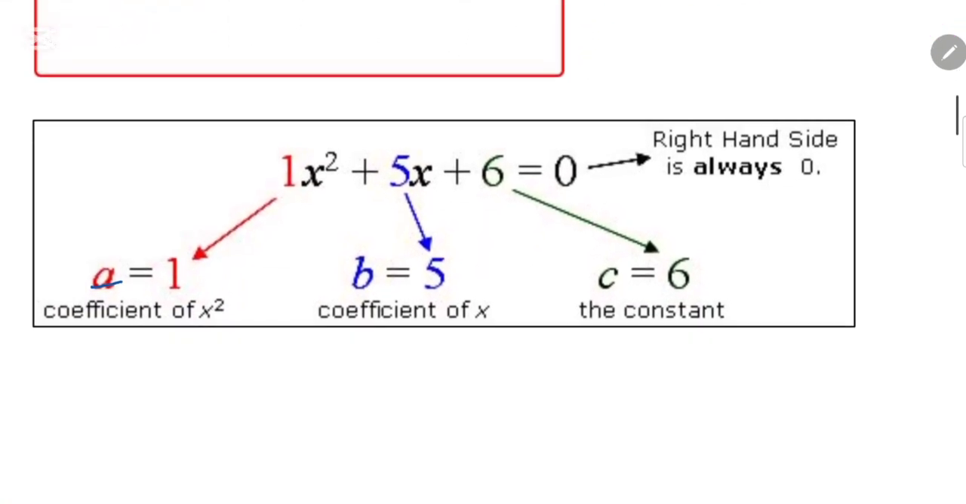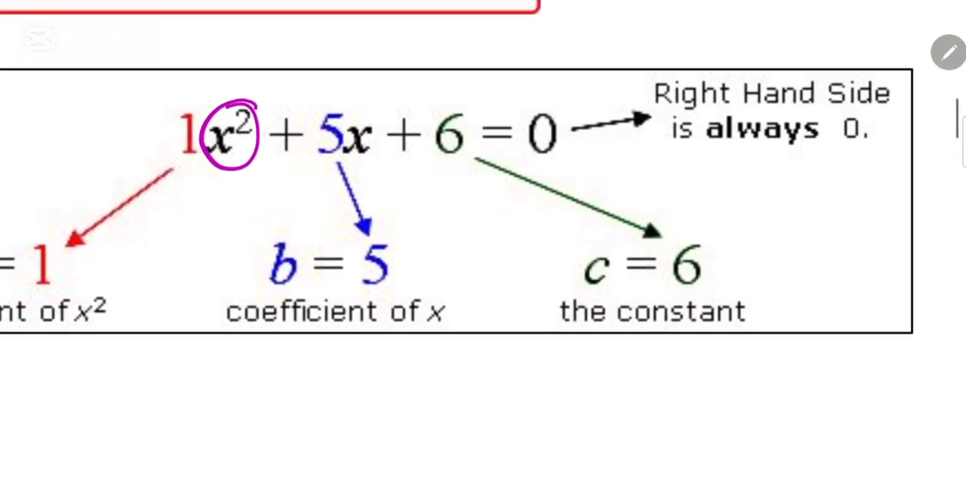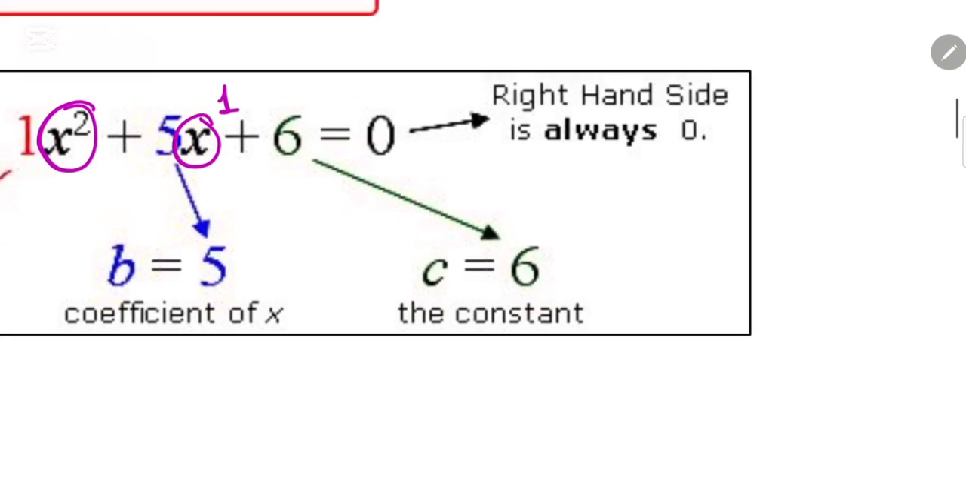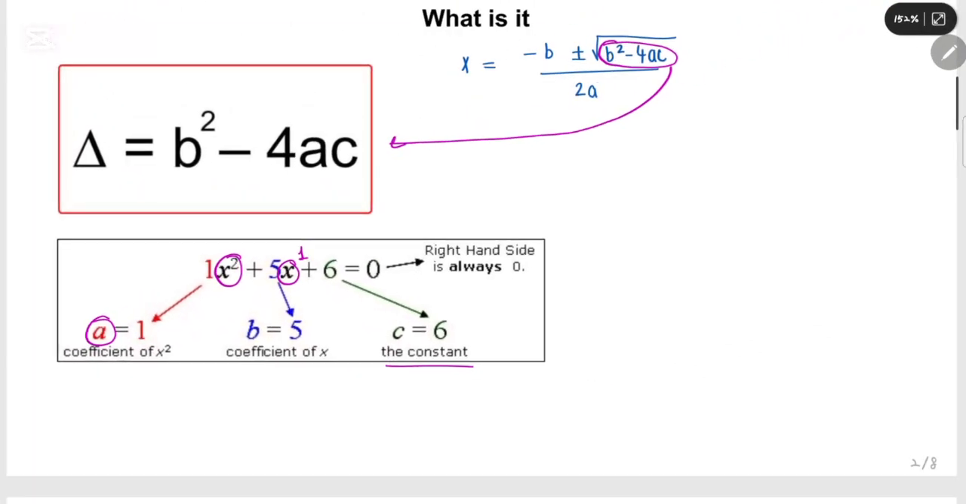And just for a little reminder, the a value is a coefficient, anything that's before x squared. b is anything before x to the power 1, right? Anything multiplied with x to the power 1 counts as a coefficient of it. And c is just a constant, a number, okay? Alright,